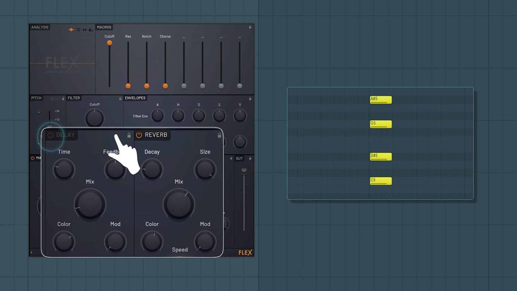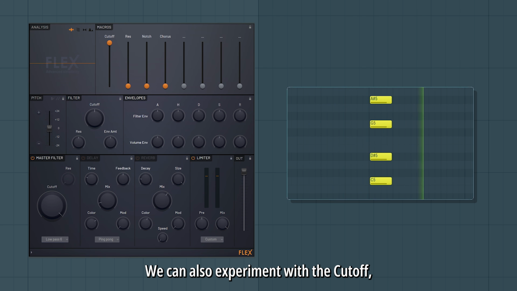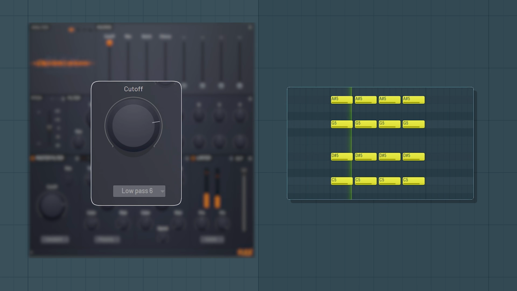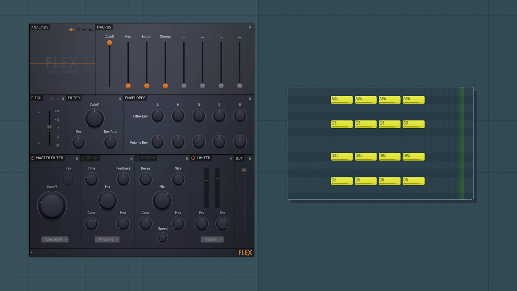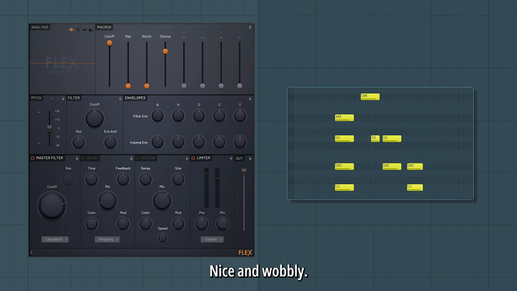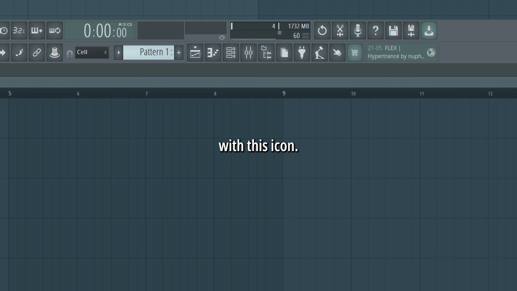Let's turn them off. We can also experiment with the cutoff, which can make the sound more muffled. Or we can add some more chorus. Nice and wobbly. If you open the plugin picker with this icon, you get a nice overview over all the